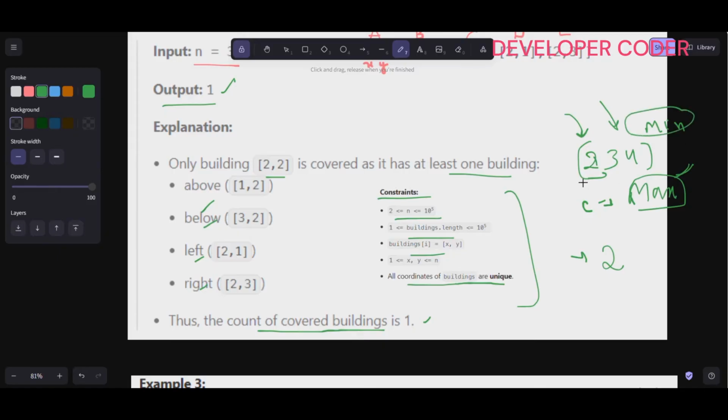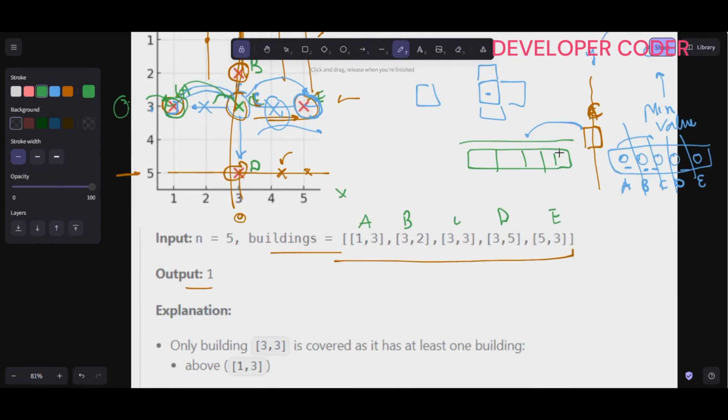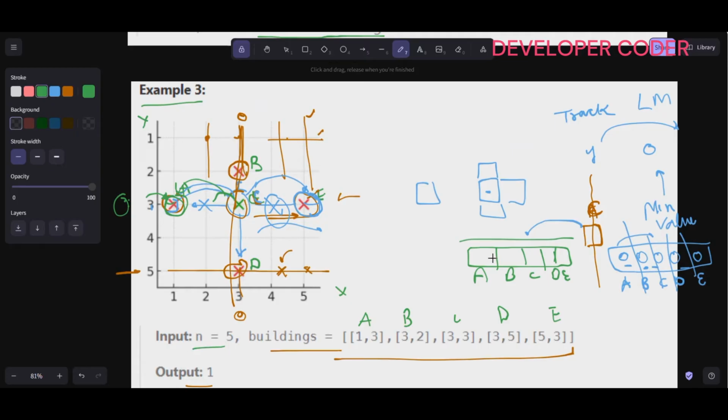If you want to find min. Okay, so that's the reason. So here, for all the buildings A, B, C, D, E, I will assign the max value. Max value here, n is equal to 5, now 5 into 5. So here let's do one thing, let's assign 666. Okay, I need max only, right? And definitely the building will be from 1 to 5 only, right? So here I am assigning max value 666, right? So this is going to track the leftmost